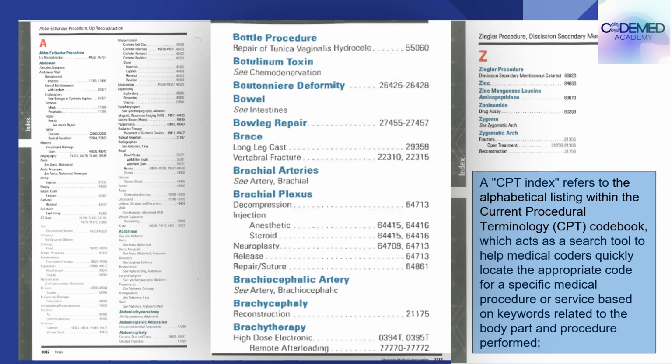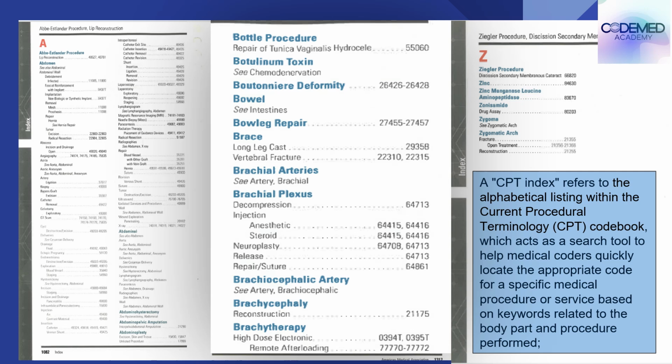But as far as the CPT is concerned, you will see that there is an introduction, then there are various sections, then there are alpha appendices, and at the end there is a CPT index. Now what is a CPT index? The CPT index refers to the alphabetical listing within the CPT codebook. It acts as a search tool to help medical coders quickly locate the appropriate code for a specific medical procedure